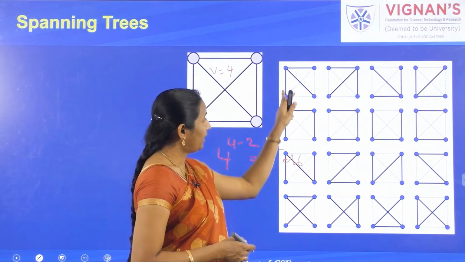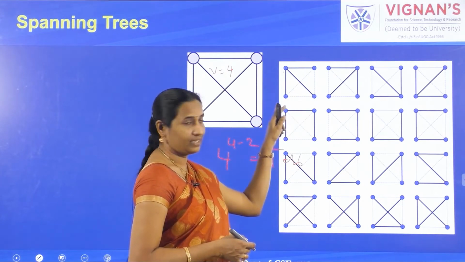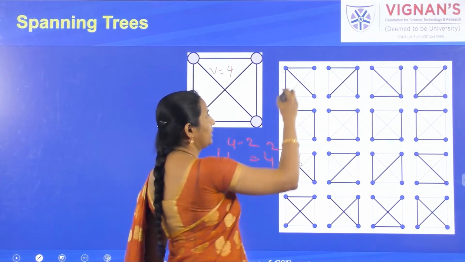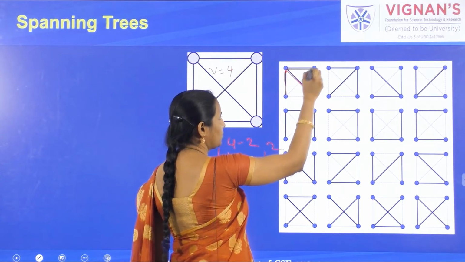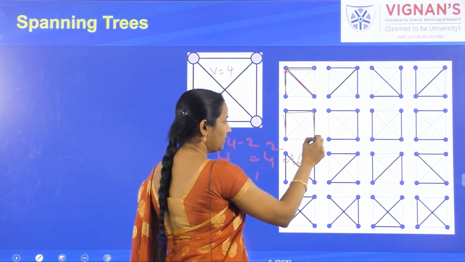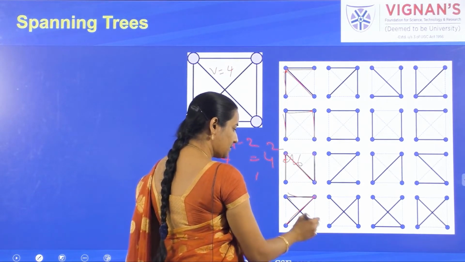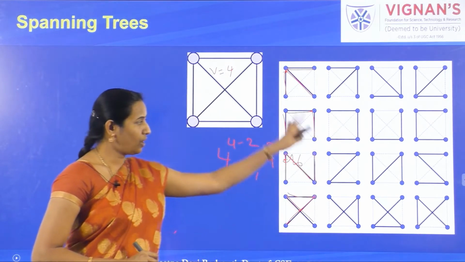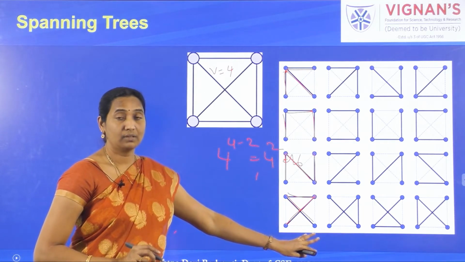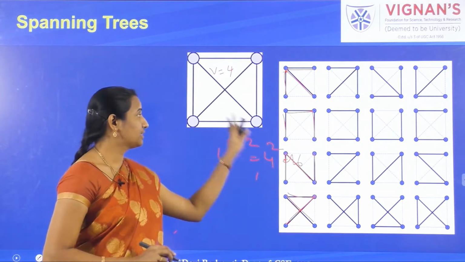So here there are of course all the vertices you are taking into consideration, but you are considering only a few of the edges. So here are these 3 edges, here are these 3 edges, which are in the solid lines only. You need to consider them as a part of the spanning tree. So that is how there are 16 spanning trees for this complete graph.